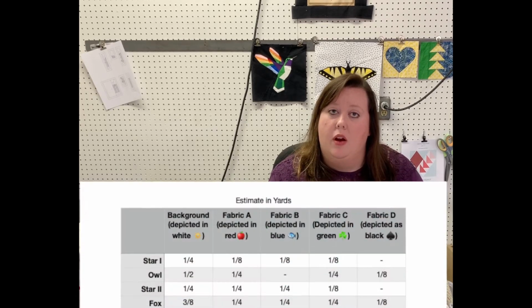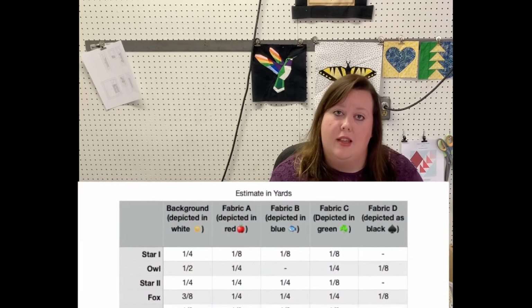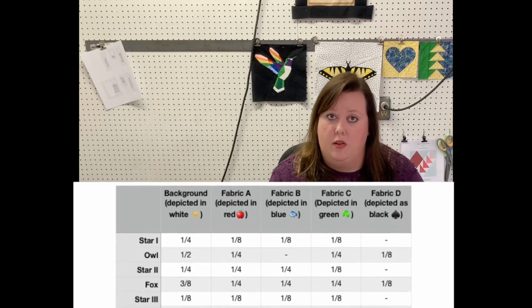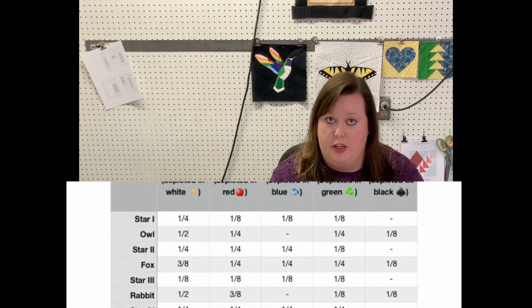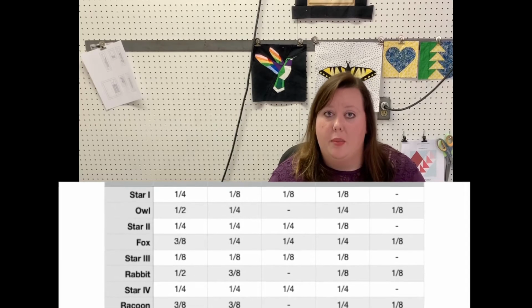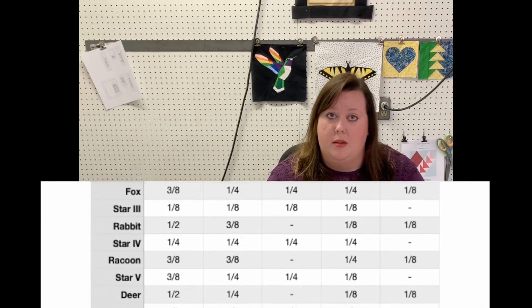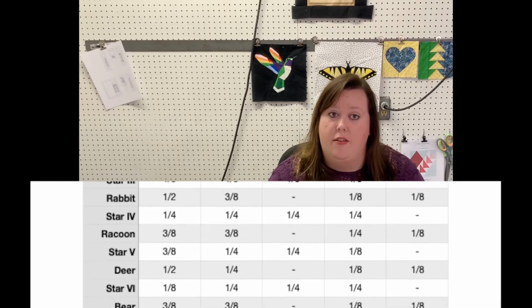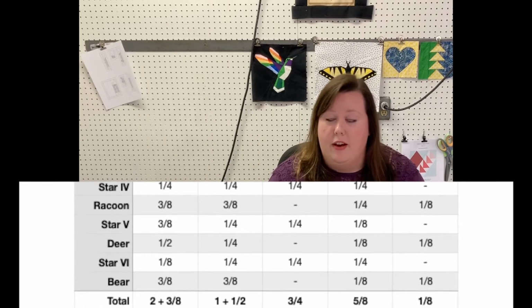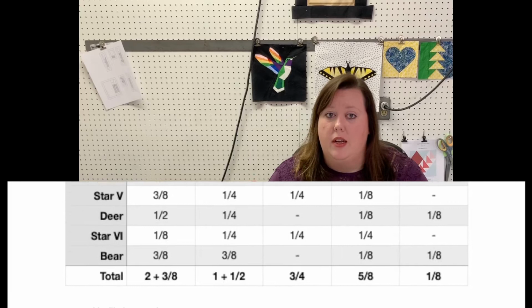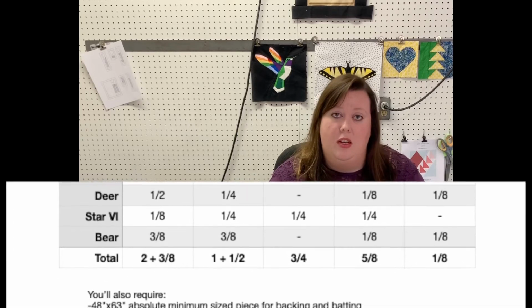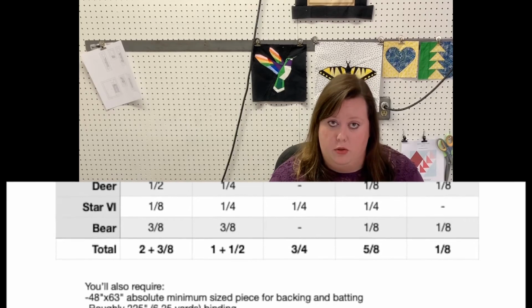On the PDF, the rows across the table are the estimates that it generates for just that block, assuming that you're going to be using specific fabrics for each block. At the very, very bottom, the last row is the estimate, assuming you've only used the 5 different types of fabric, or the 5 colors of fabric through the quilt. And the total at the bottom is all you need if you're just using 5 colors through the whole quilt.